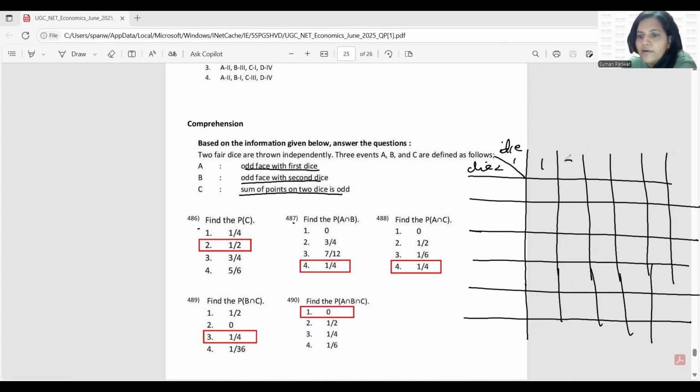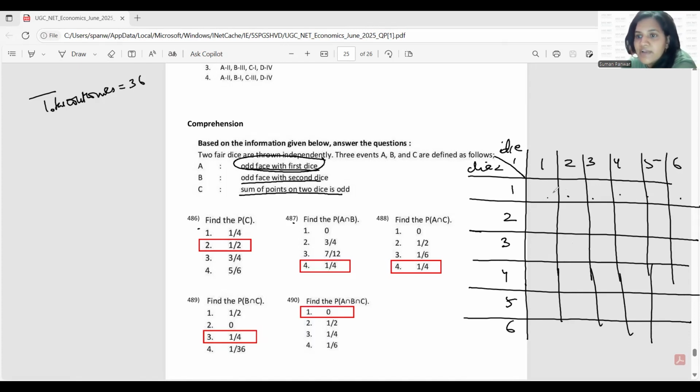So you can see that we will have total outcomes. Total outcomes will be 36 because there are 36 boxes which are made now. 6 into 6, 36.